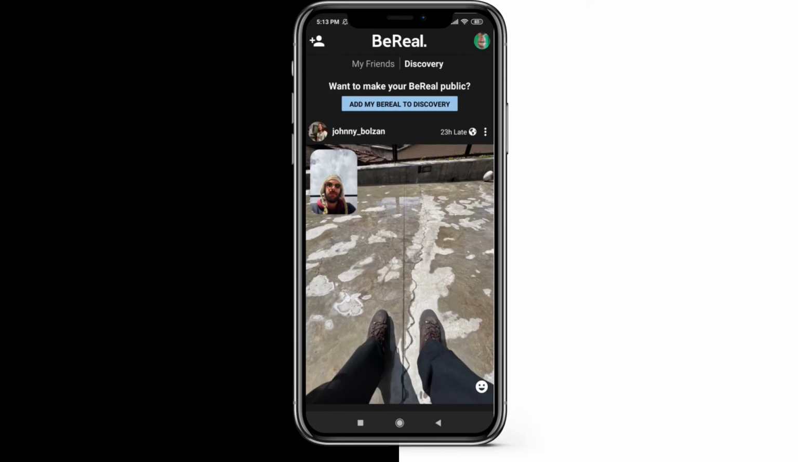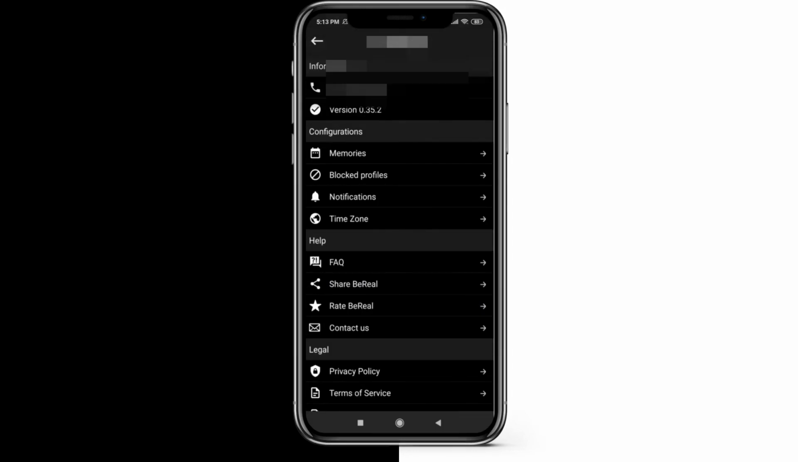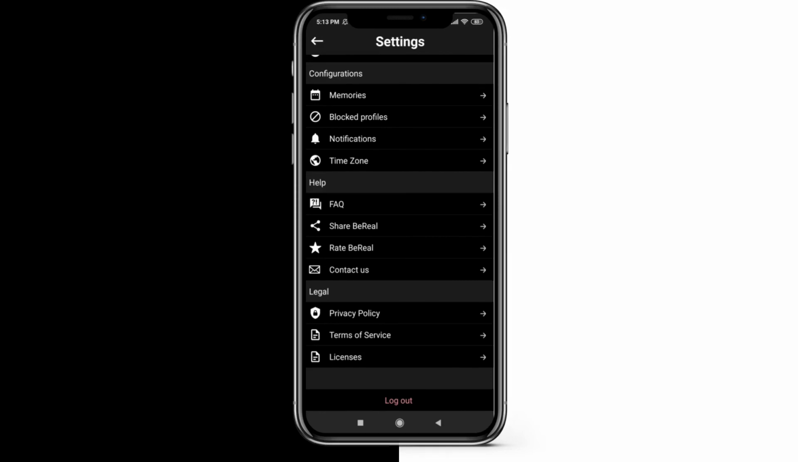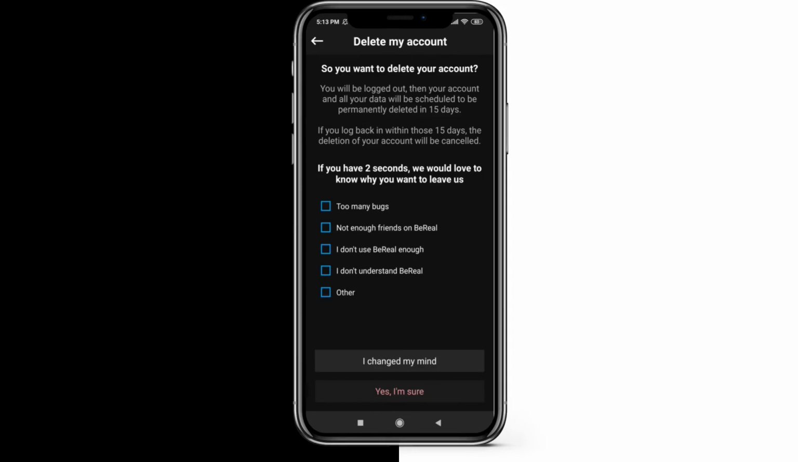How to delete the BeReal app on your smartphone. That's pretty easy. You have to click on your profile picture at the upper right corner. Press again at the three dots at the upper right corner. And then you have the Contact Us button. So under Help, Contact Us. You have the possibility to ask a question, report a problem, or just delete the account. So you press on Delete My Account, and then you have a few options like too many bugs, or I don't understand the app, I don't use the app, I have not enough friends, and something like that, or